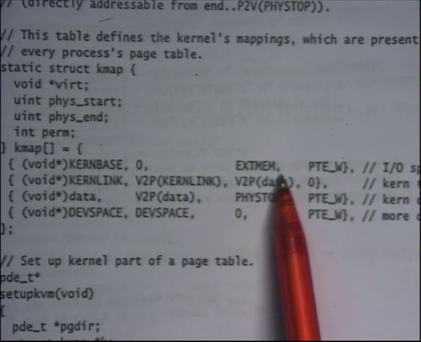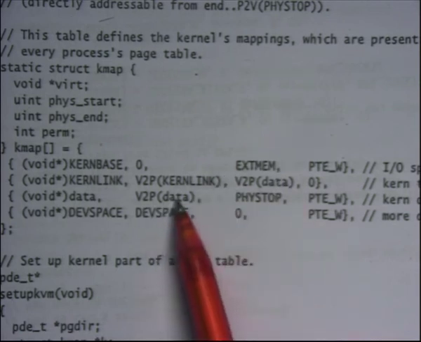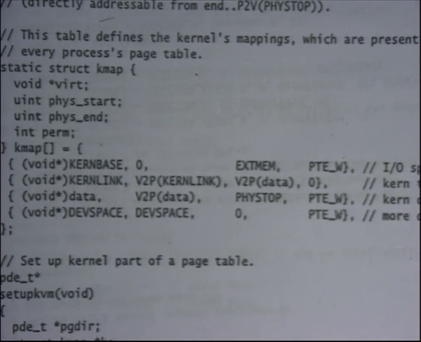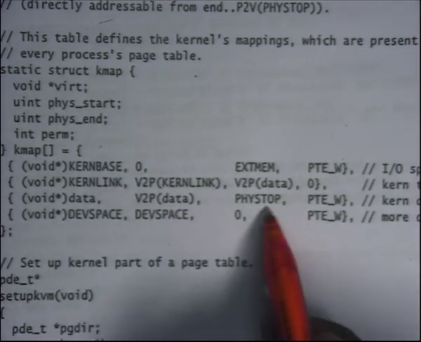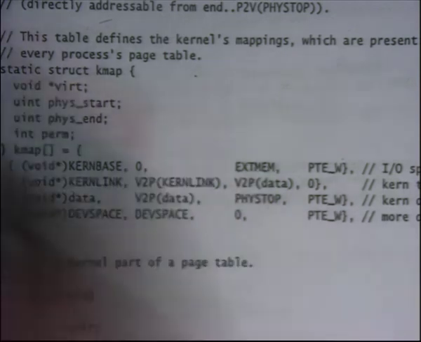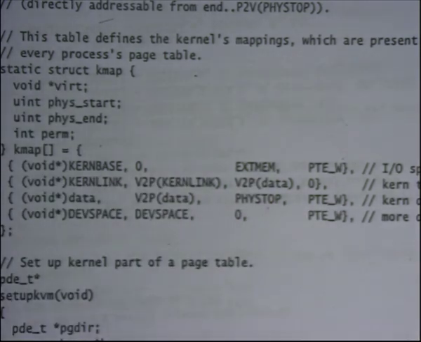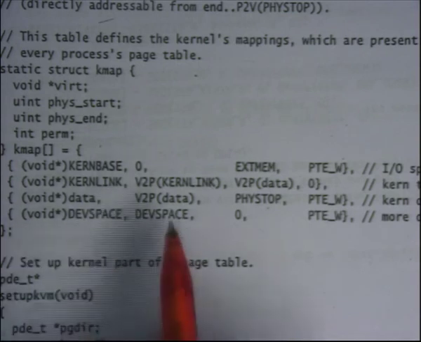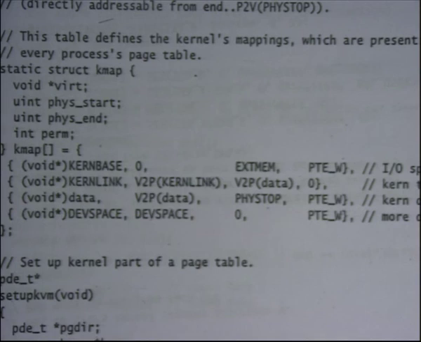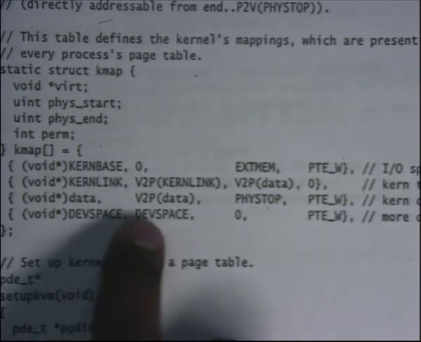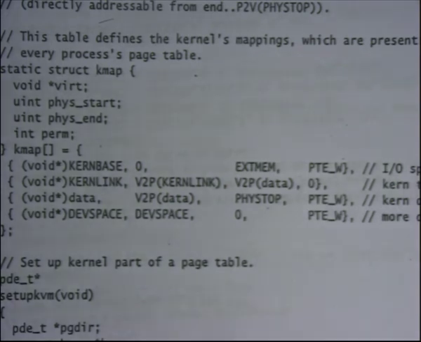But this area from V2P data to phystop, assuming my phystop is really large, like 100 MB or 200 MB, is potentially mappable using large pages. But we are going to forget about it. We're going to map all these areas using small pages. And finally, this area is also small, so large pages may or may not help. Perhaps large pages will help here too, but in any case, we are going to use small pages to map all this.